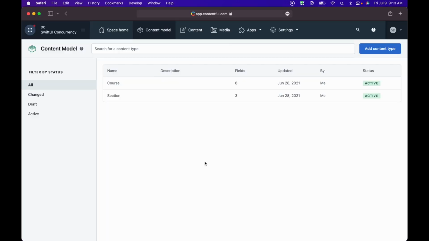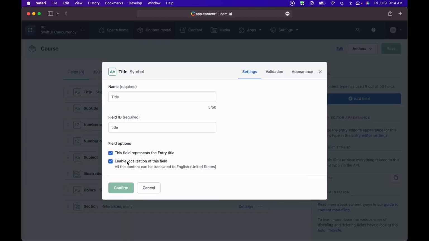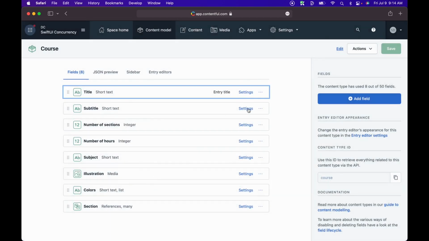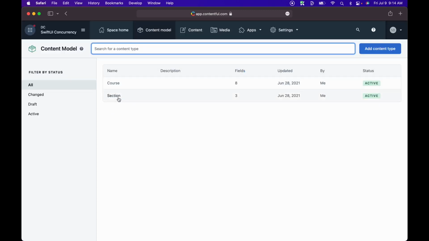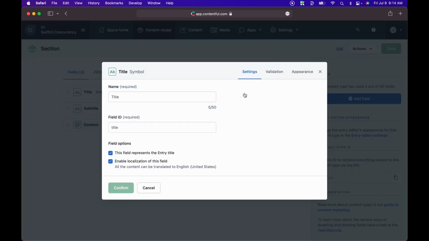Before we set up localization, you need to make sure that the fields you created in your content model in Contentful have localizations enabled, especially for the fields that need translation. To verify, go into your content model, then click on either course or section. For the course, you need to make sure that the title has localization enabled, as well as the subtitle. For the section, we need to localize the title, the subtitle, and the content, so all three fields should have